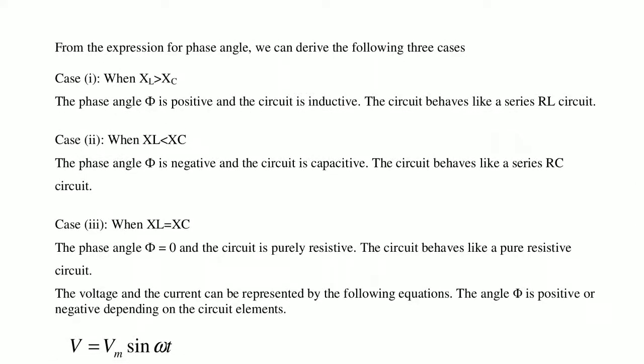And another important case, the third one. What is that? If XL is equal to XC. We have seen two cases before: XL is more than XC, and second, XL is less than XC. Now go for XL equal to XC. What will happen? Here both the capacitive and inductive reactances are the same. So XL minus XC is 0.